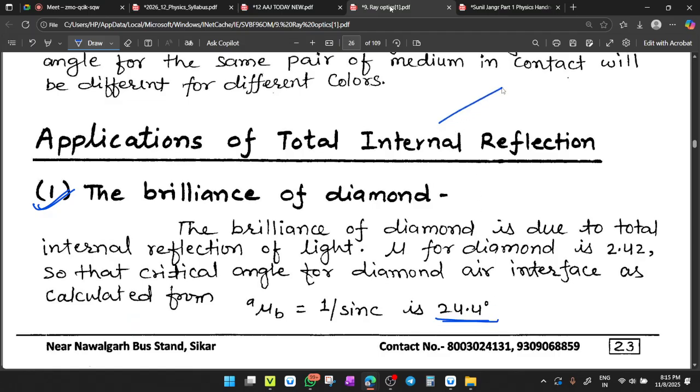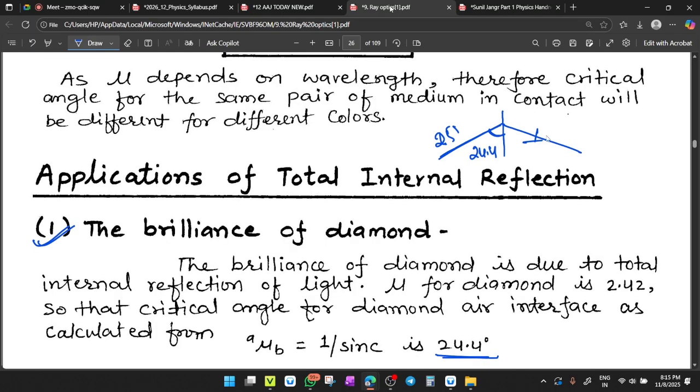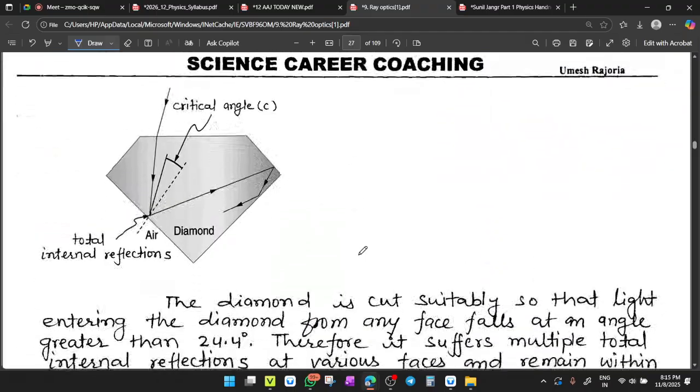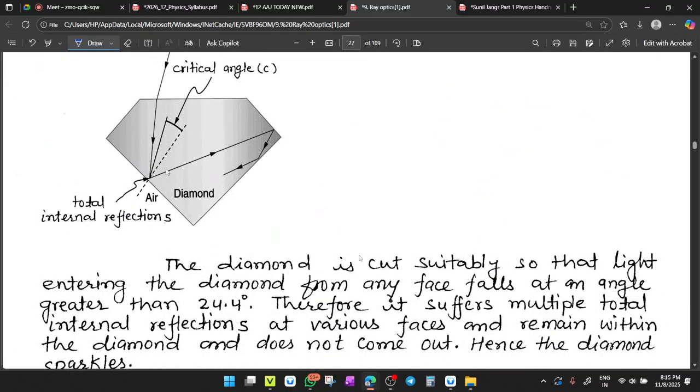This means any ray having an angle greater than 24.4 degrees, say if the angle becomes 25 degrees, then the rays will not be refracted into the other medium. Rather, it is reflected back into the same medium. Okay, so in the case of diamond, the cutting of the diamond is made so that everywhere here there is TIR, means